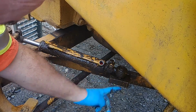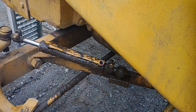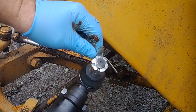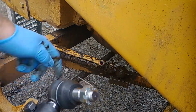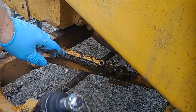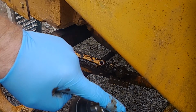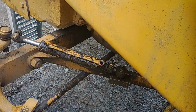So sometimes these nuts. Okay, I took the nuts off. There's a cotter key. Let's take a look. So this is what you're looking at. You have to take the cotter key out and then extract that nut, loosen it up. And then as this is set in there for 50 years or whatever, pound this with a hard, heavy hammer. And it'll eventually pop out. She's going to be rugged to get out, but you'll pound that out and you're not going to hurt anything